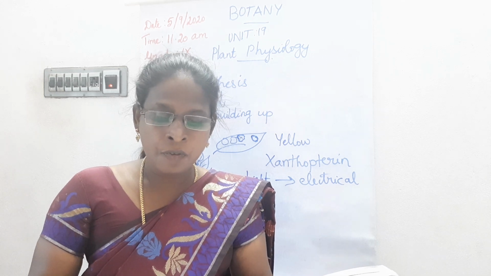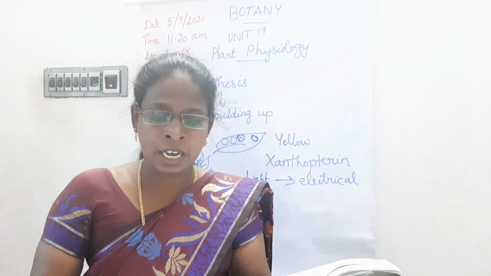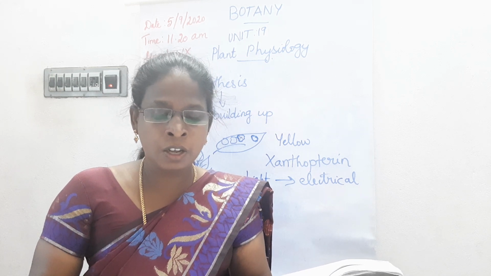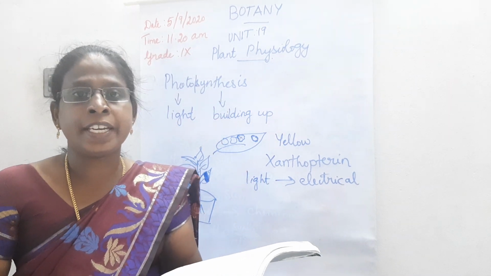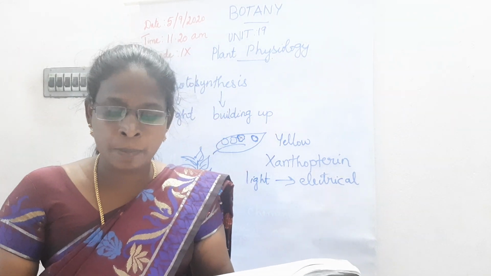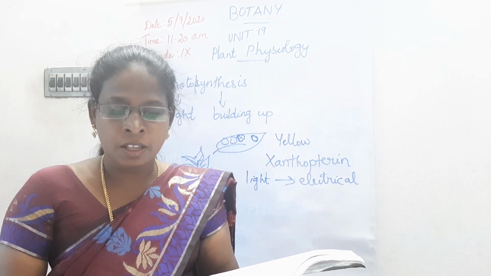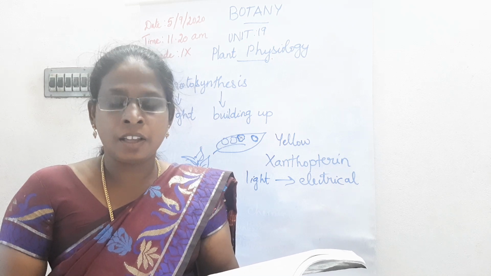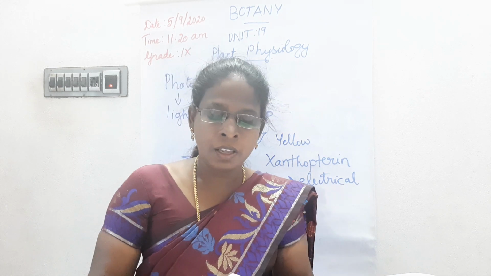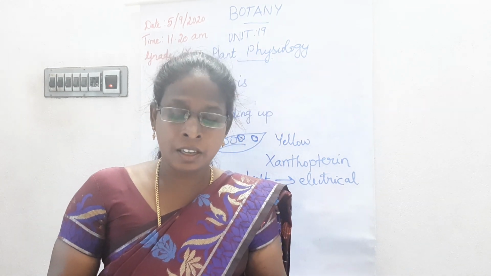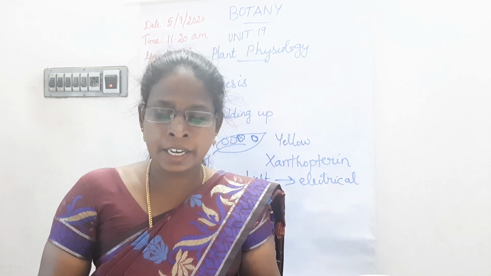Roman letter 5, fourth question. Photosynthesis converts energy X into energy Y. So already you have learned during photosynthesis the light energy is converted into chemical energy. So you have to write the answer. What are X and Y? Write the answer near the question. X is light energy. Y is chemical energy.